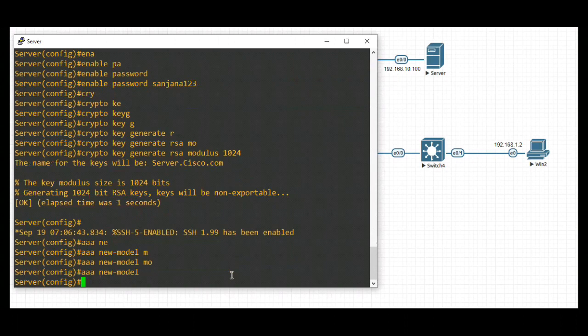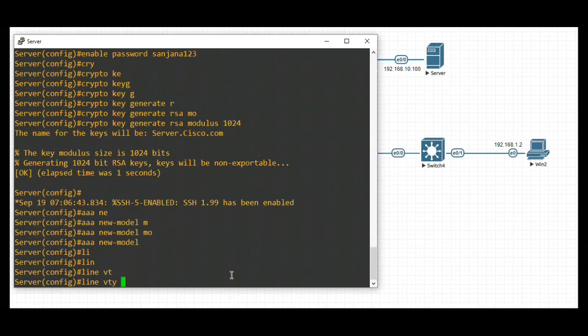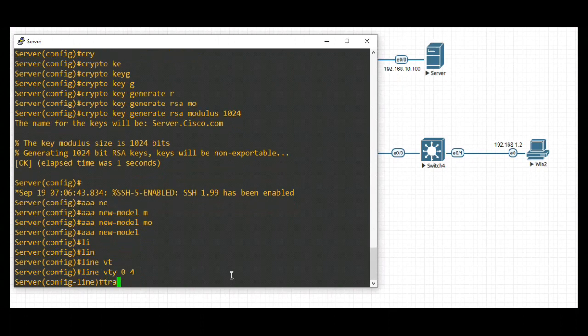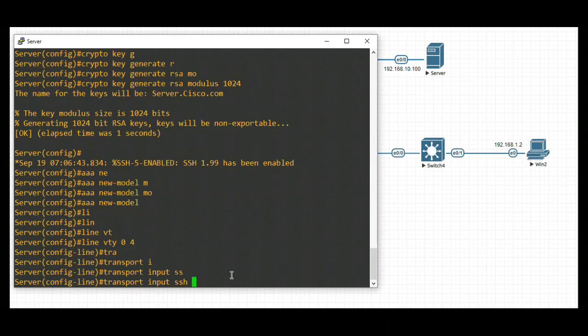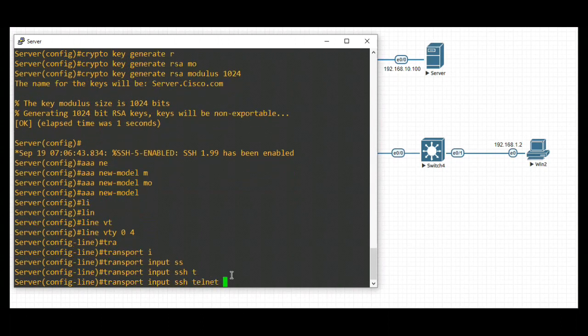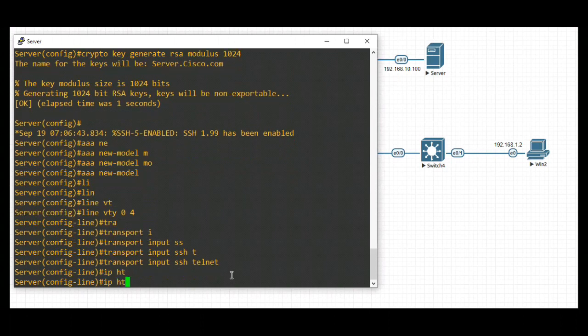Okay, and line VTY. So here it is, the 4 interfaces that's there. So I'll say line VTY is 0 to 4 and transport input SSH, and as also we want to enable telnet. Okay, so IP HTTP,